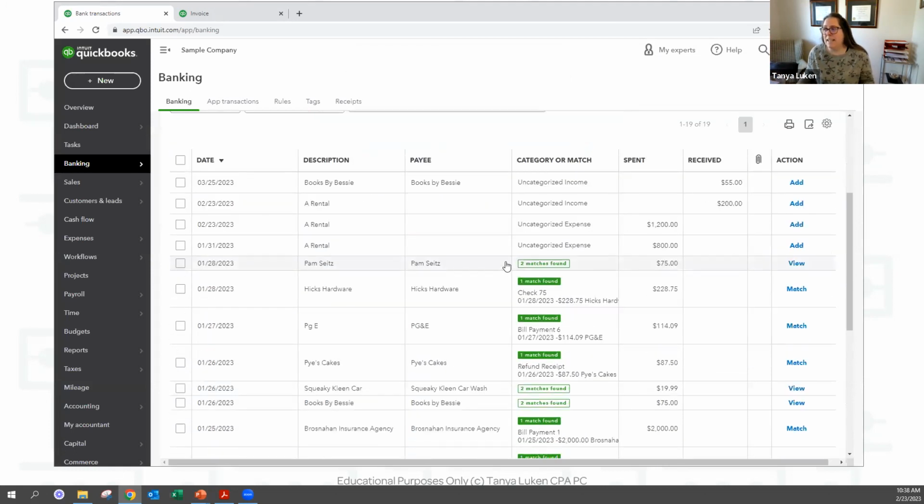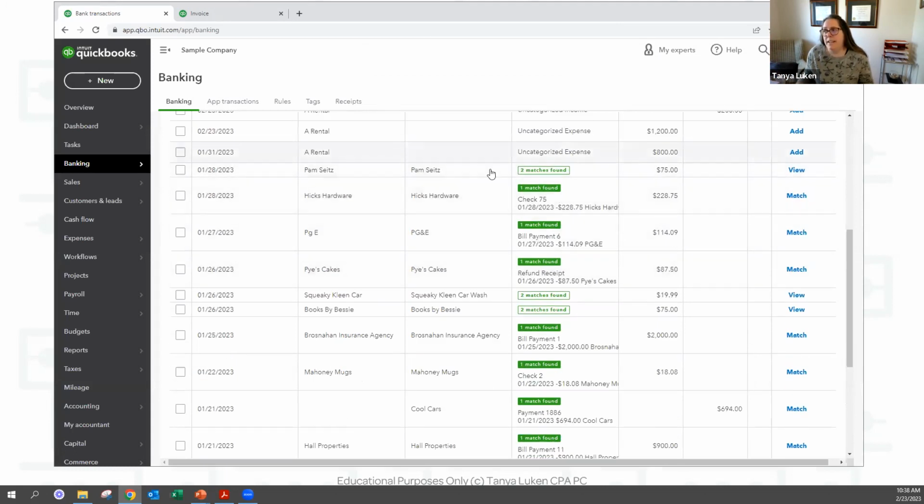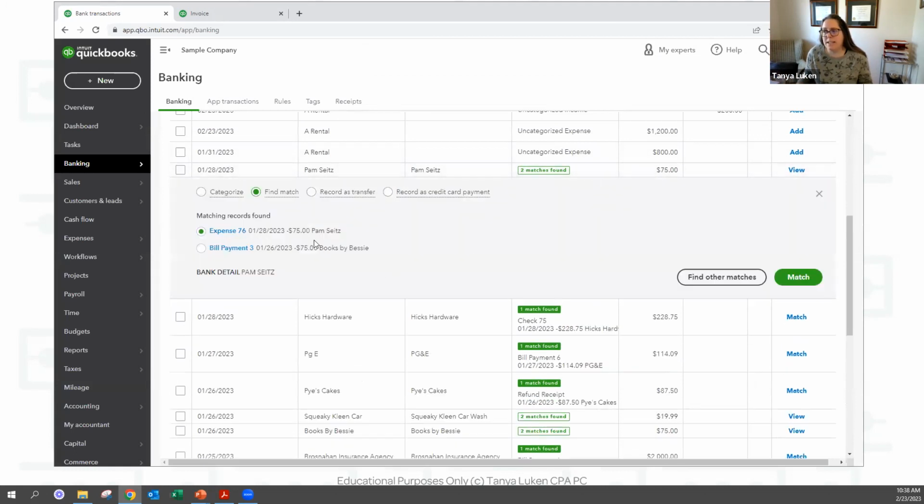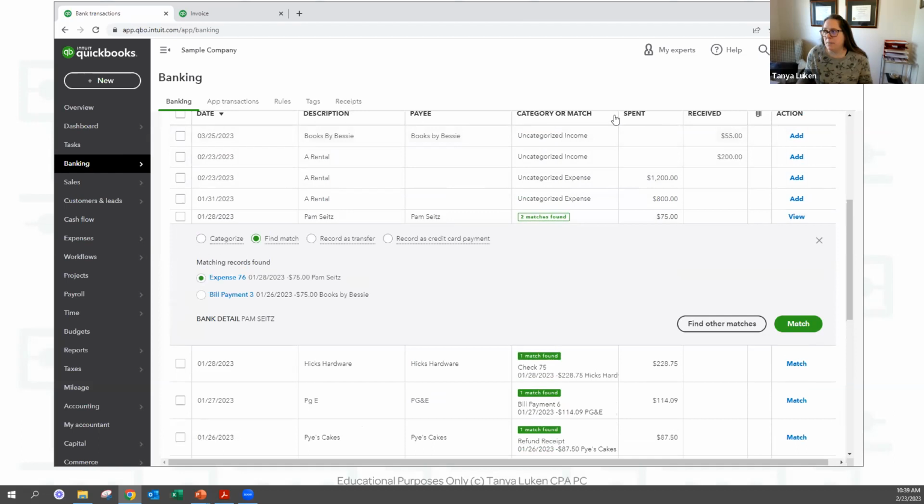All right. This one is different. Do you see how it says 2 matches found? So if I expand this line open, it's going to tell me it found 2 transactions and QuickBooks doesn't know which one's which, right? So this is a spent money. We spent $75. Our bank description tells us it's for Pam seats.